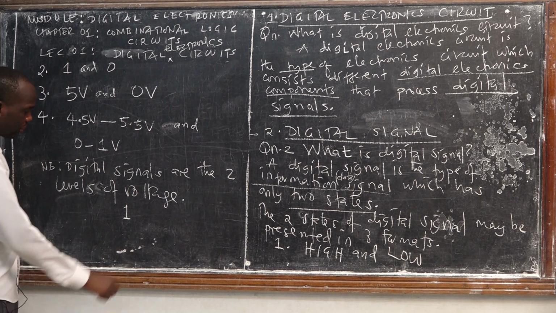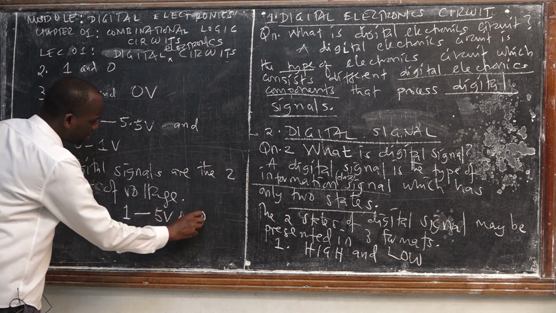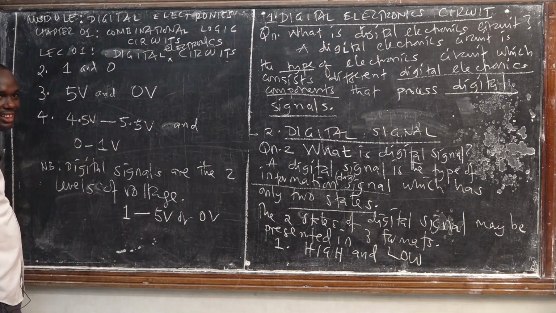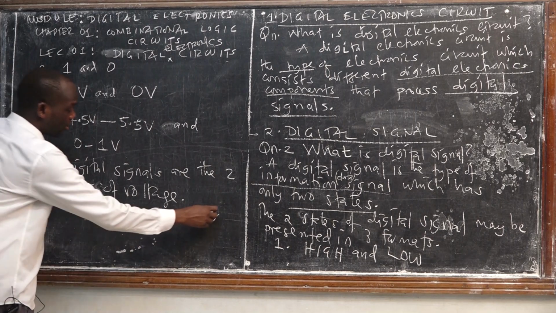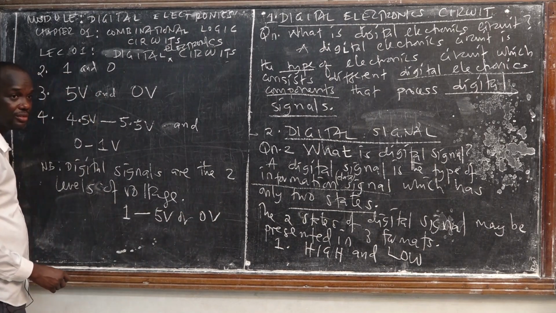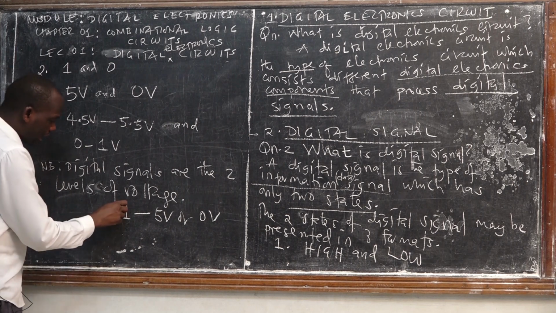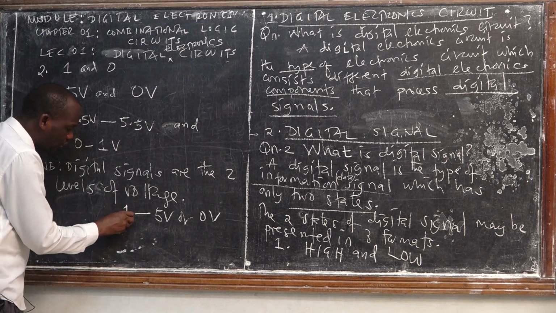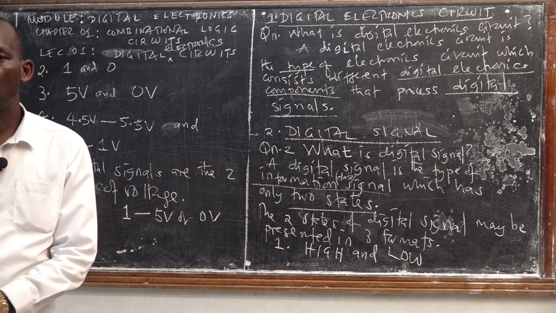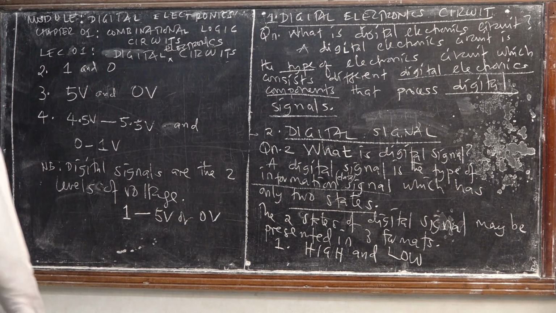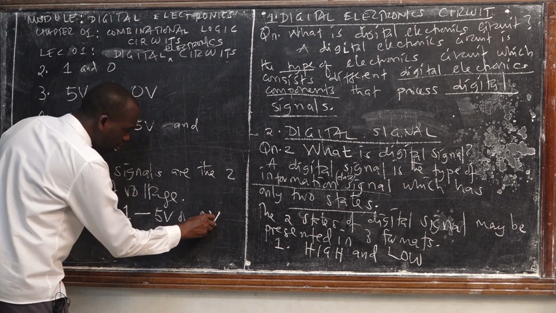This bit number 1, we may represent by 5 volt or we may represent by 0 volt. Now you have to be careful. We are speaking the engineering language now. We are no longer speaking the science language. I said stop writing, look on the blackboard. In mathematics or in Boolean algebra, we deal with bit number 1. So bit number 1 may be presented by 5 volt or by 0 volt,